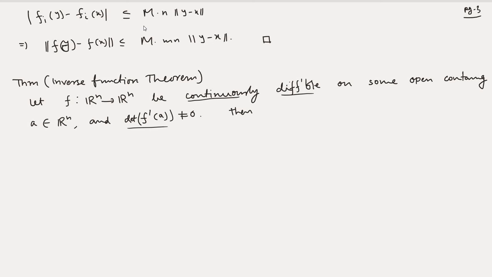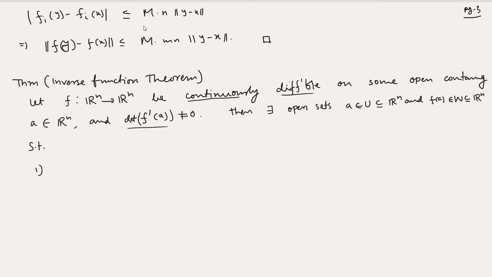there exist open sets U, an open set in Rn, and the second open set is denoted by W. W is also an open set in Rn, so U contains A and W contains f of A. So A belongs to U and f of A belongs to W, such that